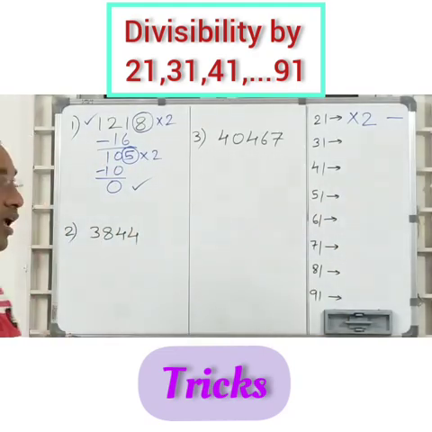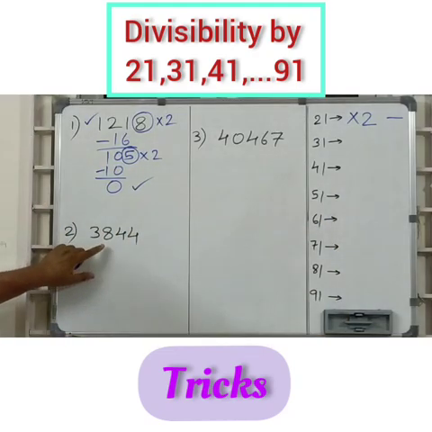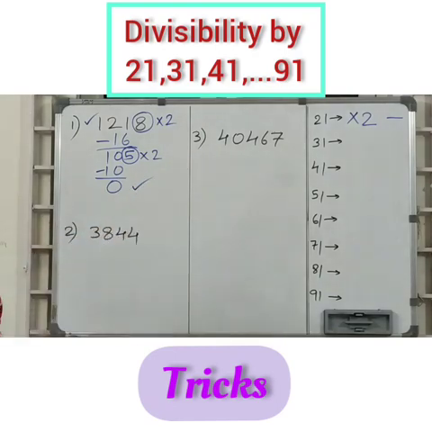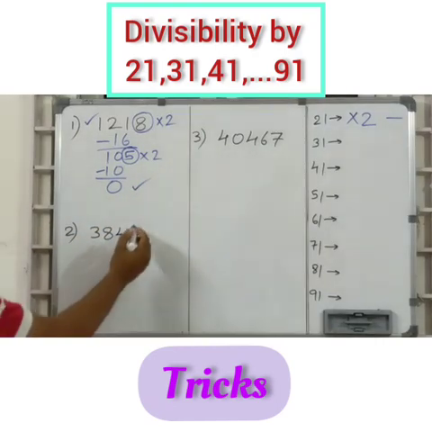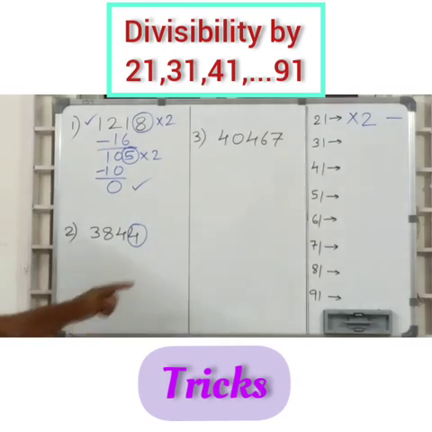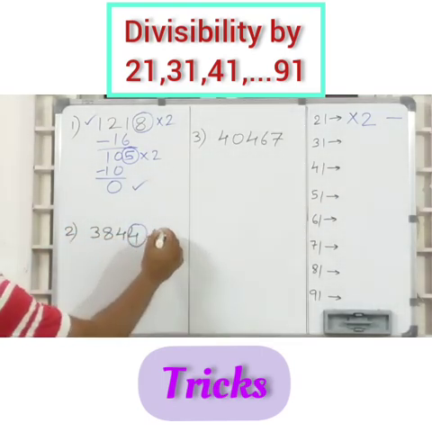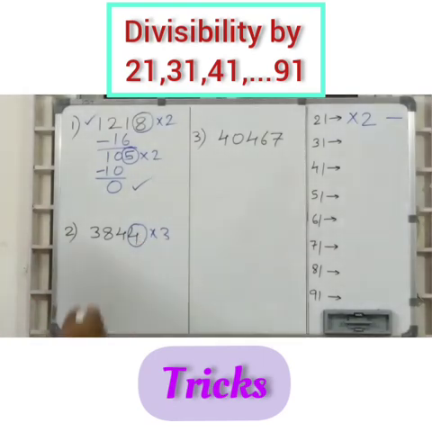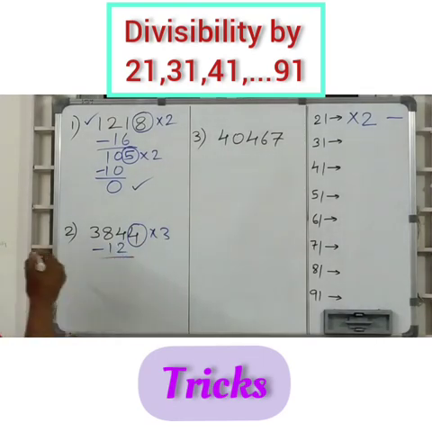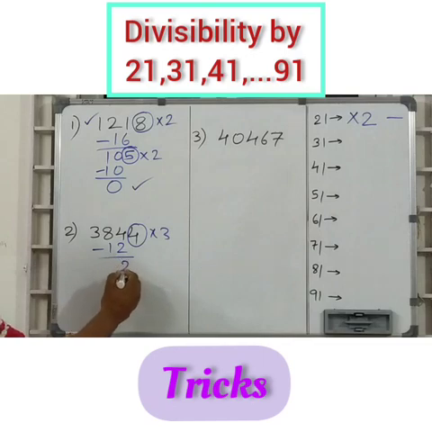Okay friends, let's try with another example and check whether this number is divisible by 31 or not. So what to do here? We take the last digit. In 31, what is the first digit we have? That is 10 plus 3. Multiply with 3. So what do we get? 12. That is subtracted from the remaining digits. So what do I get here? 2 and this is 7, 372. As the number is big, continue this process.